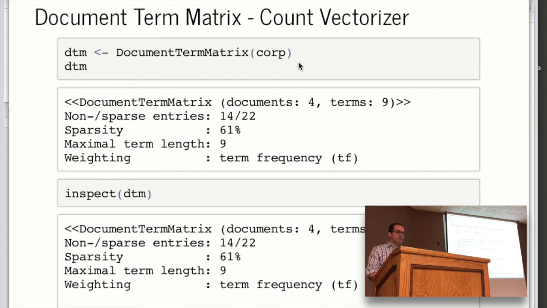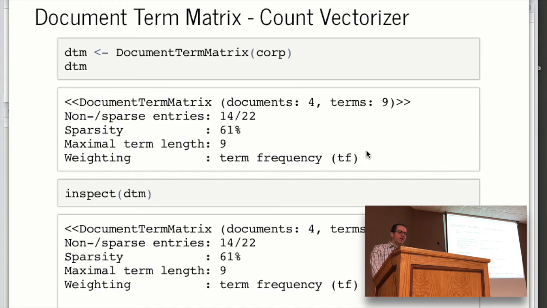So essentially, and we'll look at it in a moment, each row is a document. Document is a bit of a stretch in this case because it's 4 or 5 words. It's a sentence, but each row is a document and each column is a unique word. And then the value in that matrix is the count of that word in that document.